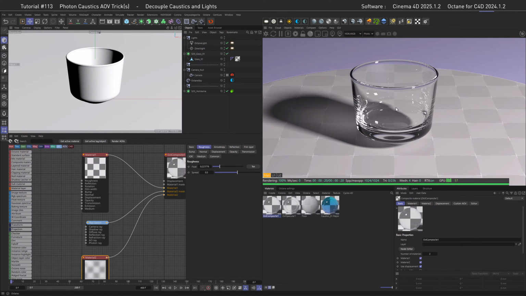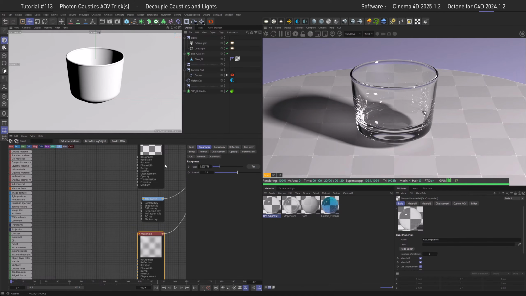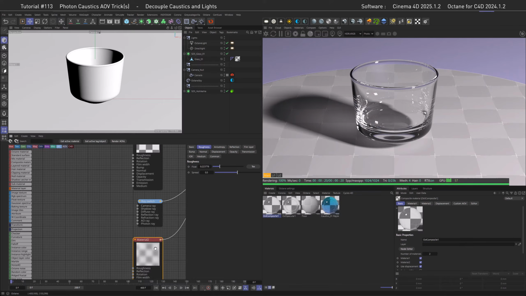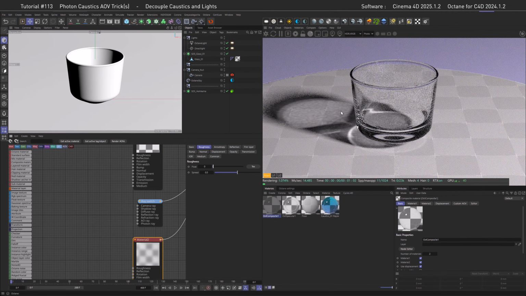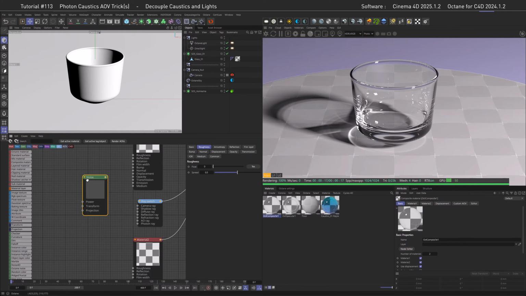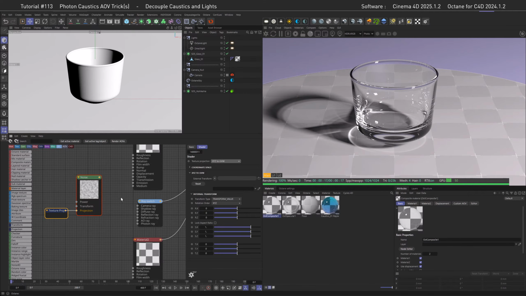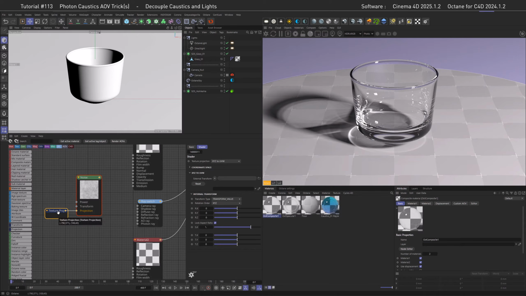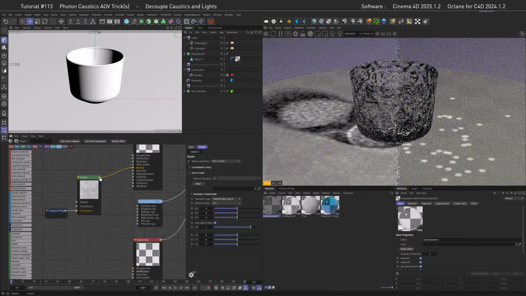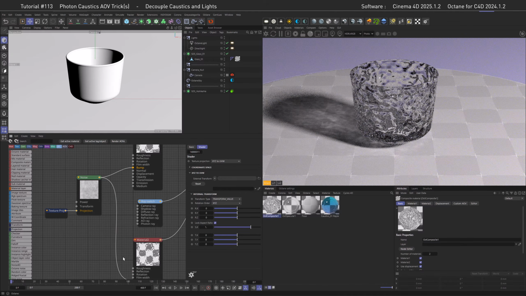Now, I don't blame you for wondering what this whole shebang is good for, but don't worry, the answer is near. So in our initial scene, we had some details in the caustics here. To get them, we need a noise. So let's go with an Octane noise with our favorite projection, which is, you know what it is, XYZ to UVW. For those uninitiated, the XYZ projection is making the noise 3D and therefore seamless, so it's not reliant on UVs anymore. This makes it a perfect candidate to use in the bump channels of the material and therefore being